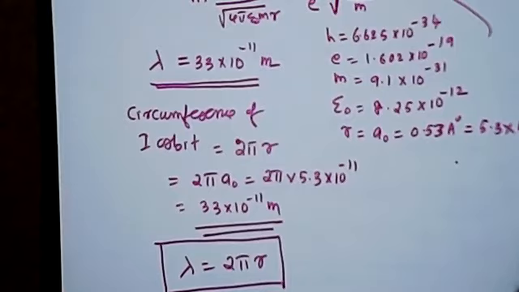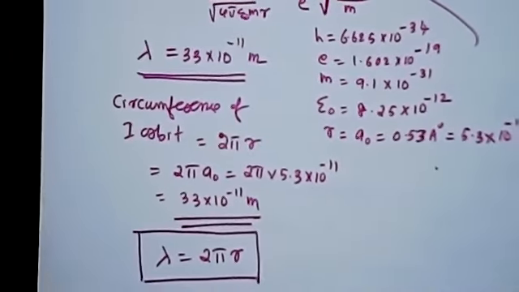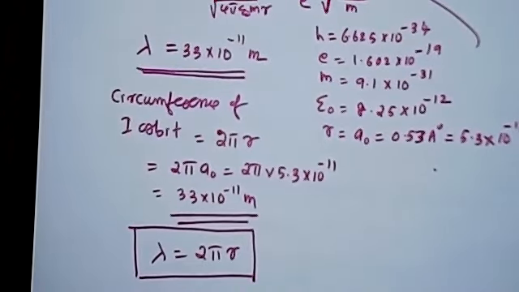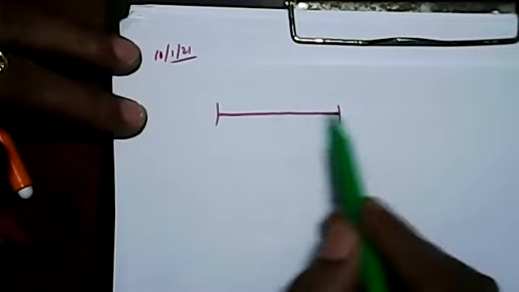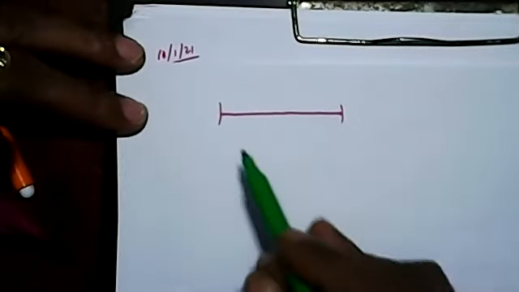Consider an analogy with the waves on a stretched string. Okay, it's a classical example. So we have a stretched string. So this is the stretched string. Okay, so what are the possible waves on this stretched string? You have studied all these in string arrangements. So standing wave patterns on a stretched string.